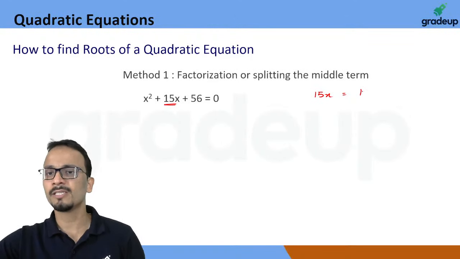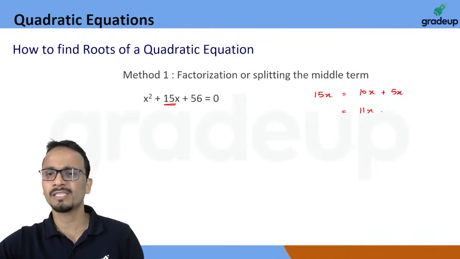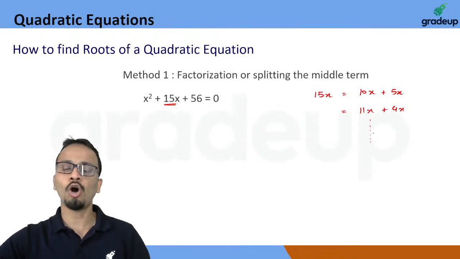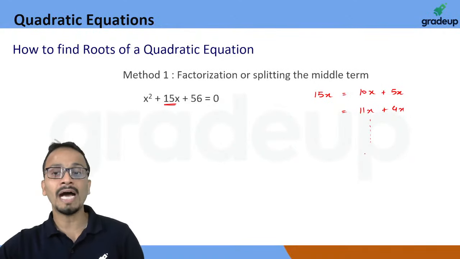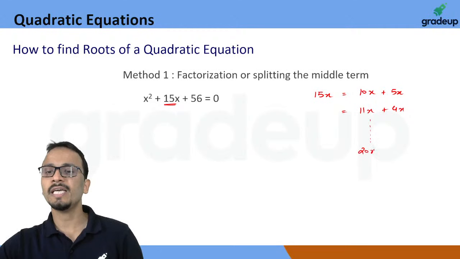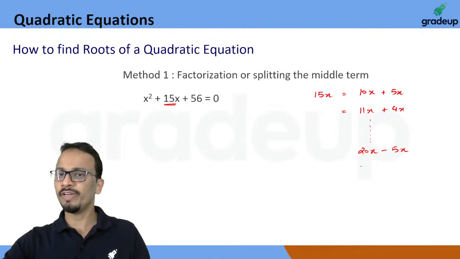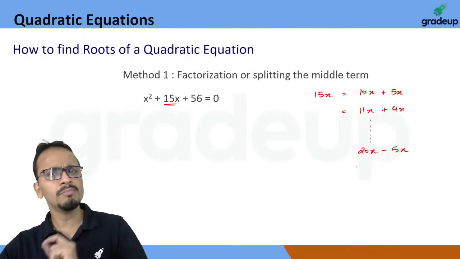One way is I can write 15x as 10x plus 5x. Another way is I can write 15x as 11x plus 4x. Likewise, there are plenty of ways of splitting 15x as the sum or maybe as the difference of two terms. If I write it as a difference of two terms, I can write it as 20x minus 5x. So likewise, there are plenty of ways in which 15x can be written as the sum or the difference